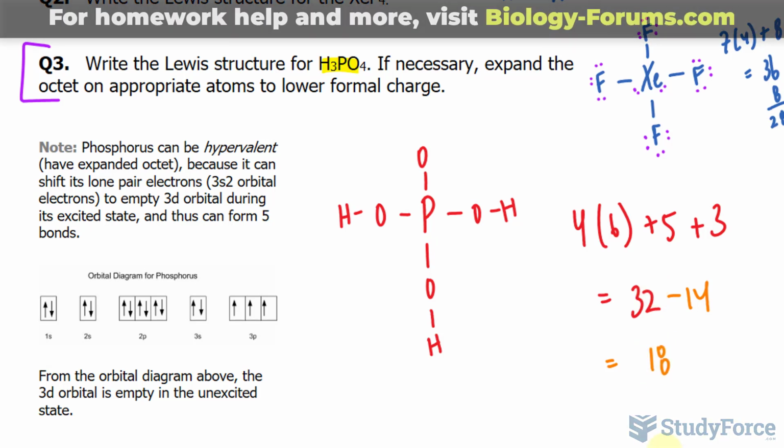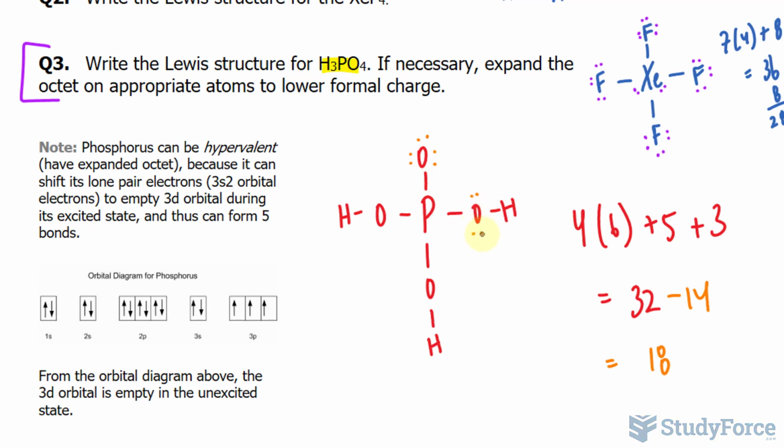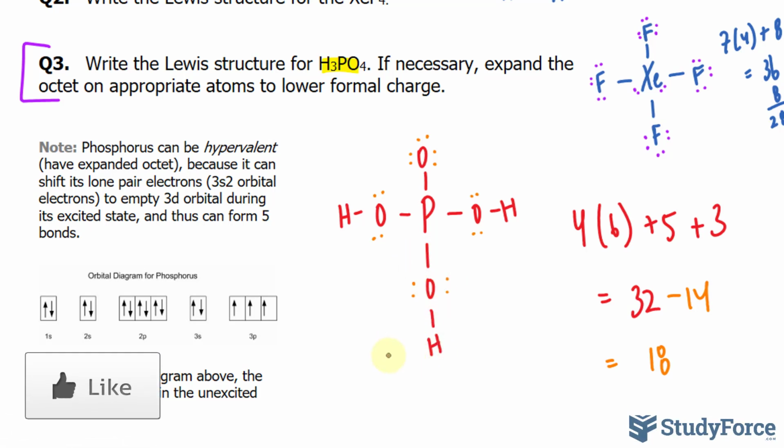These 18 electrons will be distributed to the peripheral atoms. So starting over here, 1, 2, 3, 4, 5, 6, 7, 8, 9, 10, 11, 12, 13, 14, 15, 16, 17, 18. Now let's observe to see if each atom has a complete octet. This hydrogen does, this oxygen does, 1, 2, 3, 4, 5, 6, 7, 8, so does this, so does that,